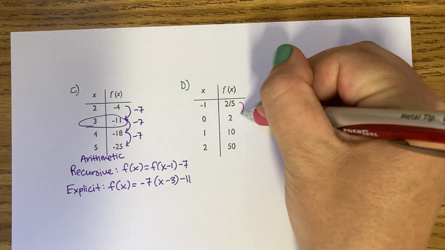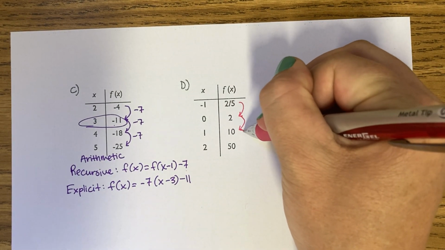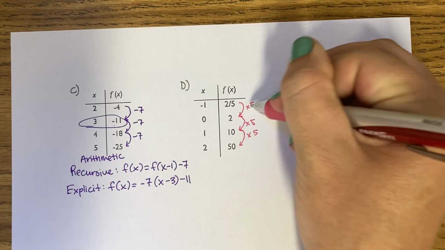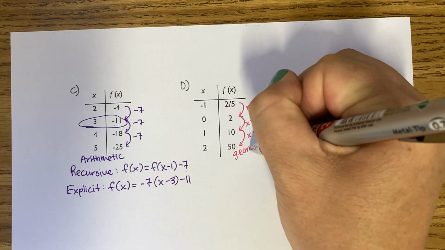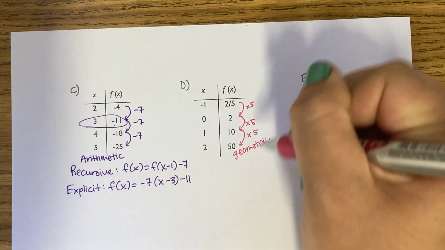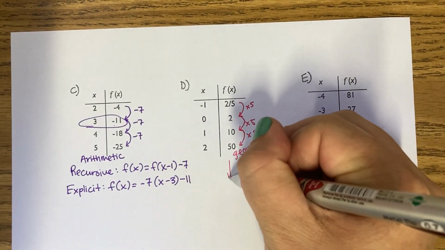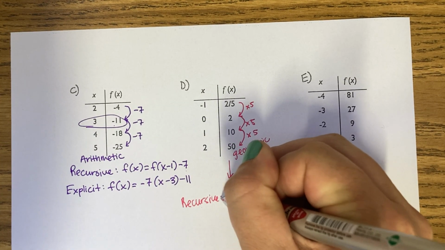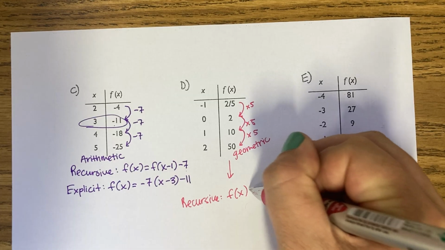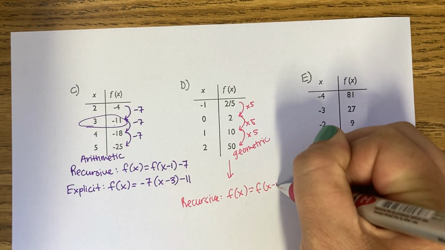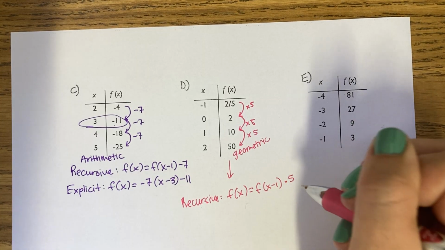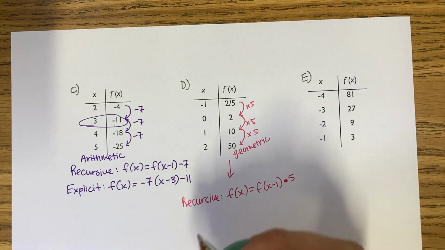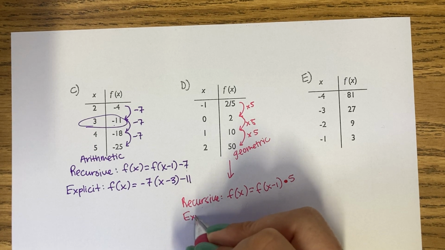Okay. 2, 2 to 10, 10, that's timesing by 5. Timesing by 5, geometric. So then my recursive would be f of x equals f of x minus 1 times by 5. It's like a little dot. And then explicit,